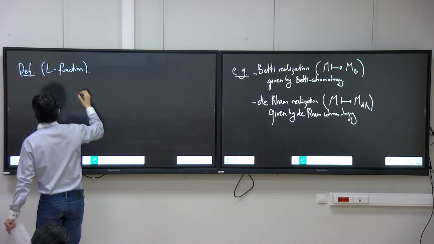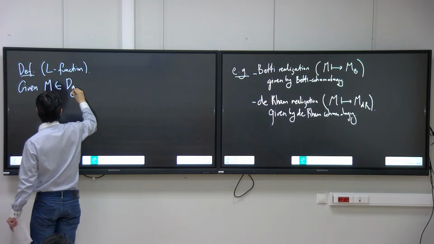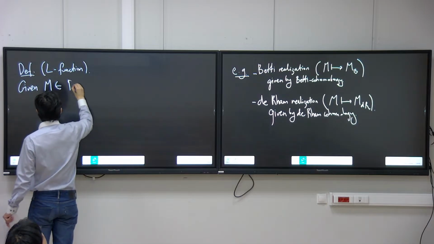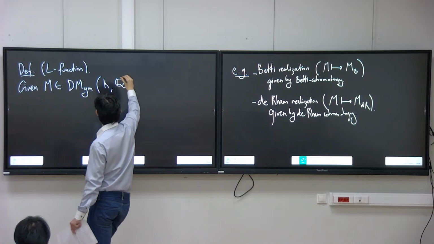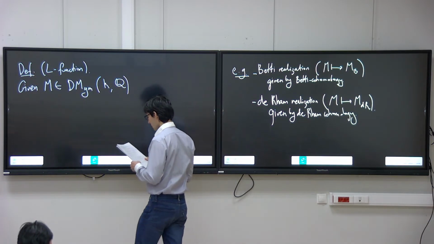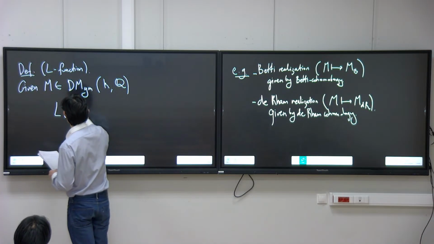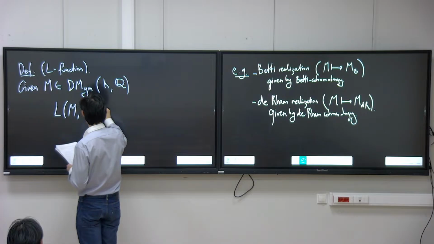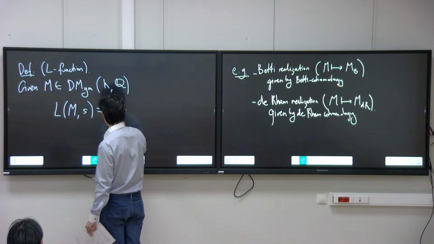So, given some geometric motive with sheaves valued in rational vector spaces, the general definition is that the L-function attached to M of s is equal to some Euler product of L-functions attached to primes,